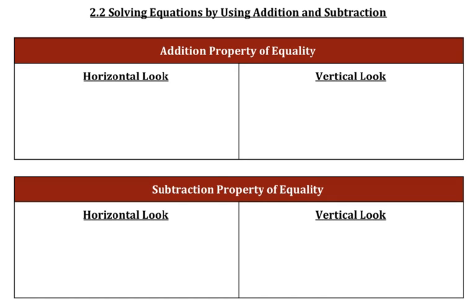Alright, 2-2, solving equations by using addition and subtraction. The addition property of equality we'll look at horizontally. So if I had 5, I could throw an equal sign between that and say, well, 5 is equal to 5. And an equation is all about balance. So if I wanted to, I could take that same value of 5 and add 1 to the left side. And as long as I add another 1 on the right side,